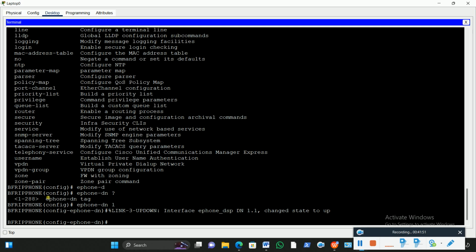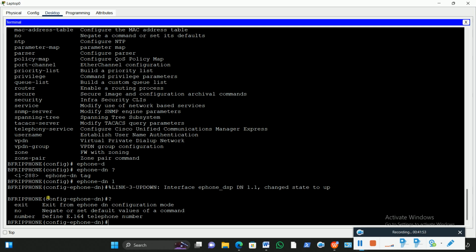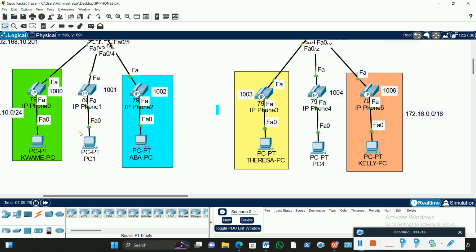Then bring the question tag. Have you seen number? Number. So define telephone number. And what will be our telephone number? Our telephone number is